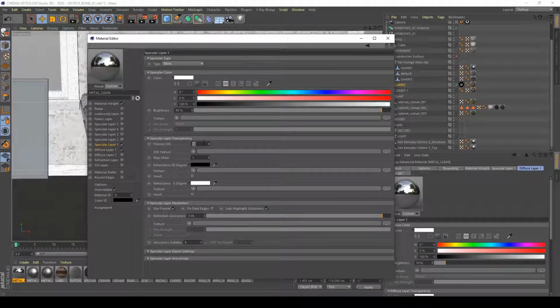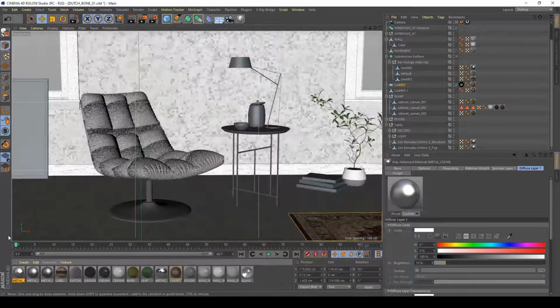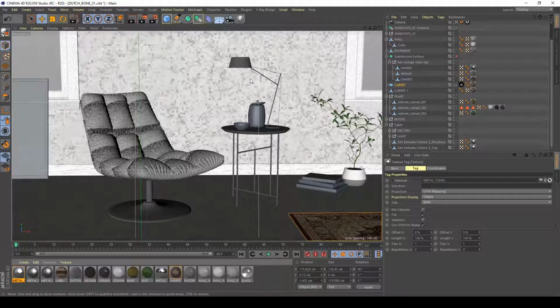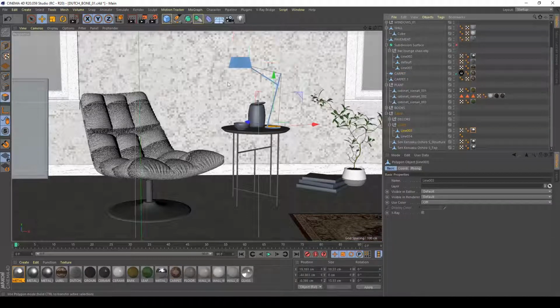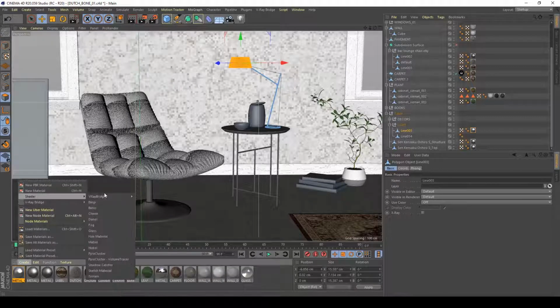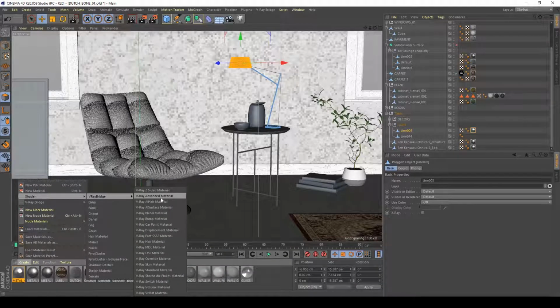Reduce the Fresnel IR to 10. And reduce also my reflection glossiness to 0.7, maybe. I think it's good. I want to add it to this bars. Where is my light? Here. I think we can difference a bit this with a shader, Vray advanced material,